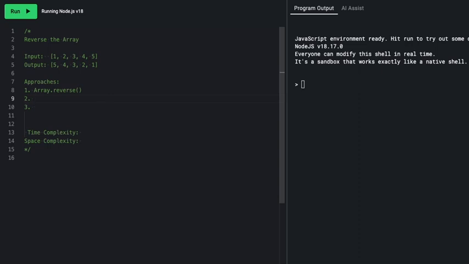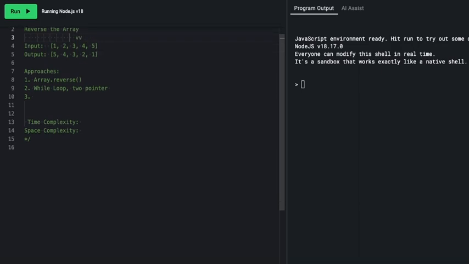Our next one will be a while loop, in which case we have a two-pointer method. The idea would be that we have a pointer here. This would be our pointer number 1, and this would be our next pointer. So the idea would be that we swap these two positions and then we move them up. This would be here and here, then we swap this position and this position, and then when we get to a point where the pointers are the same value, we will break out of that loop and return